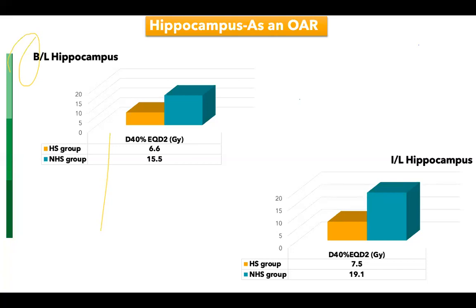So this works out to approximately a little over 16 gray in this dose fractionation for an alpha beta of 2. So this is something that we need to be cognizant of, that when we are treating so high up, when we are talking about nasopharynx or we are talking about gingival sulcus, it is important to spare this area.